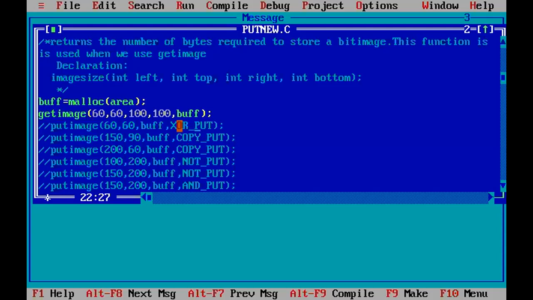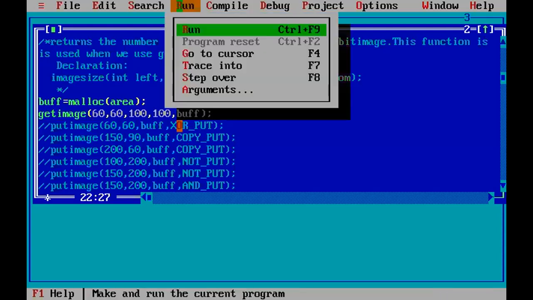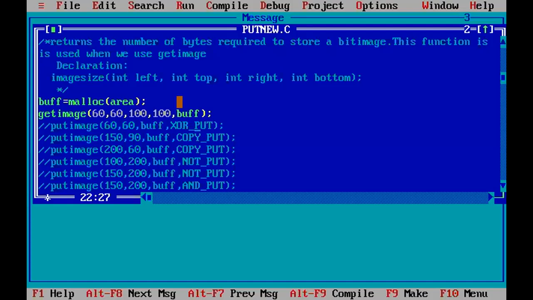At this stage, if I run the program, it will simply show a rectangle on the output screen and the image is also stored inside the memory. If I apply the XOR put right now, what will happen? It will do the XOR operation between the pixel values available on the screen, starting from the left top corner within that area, and the image stored inside the memory.